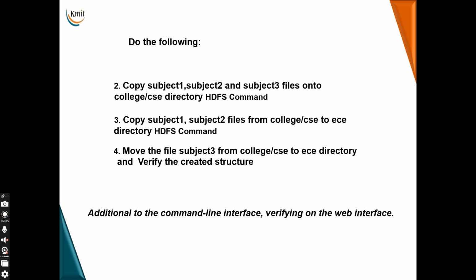You might question me, ma'am, what is web interface? So that is what my exercise to you is. Under HDFS, what is the web interface and how do I verify whatever I have executed with the command line interface on the web interface? Please try to do this